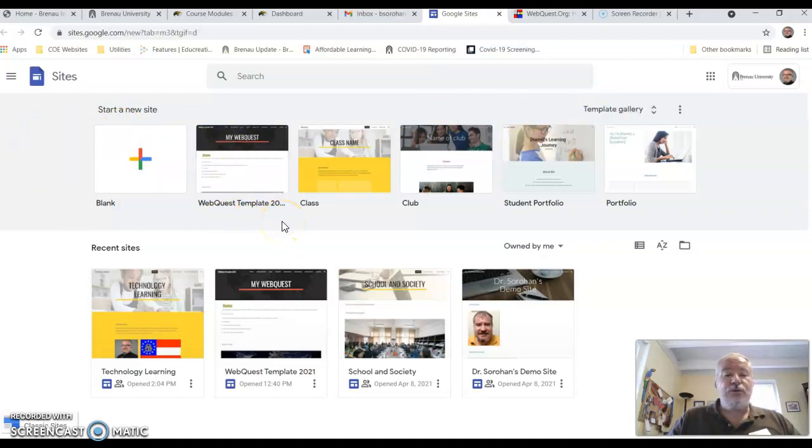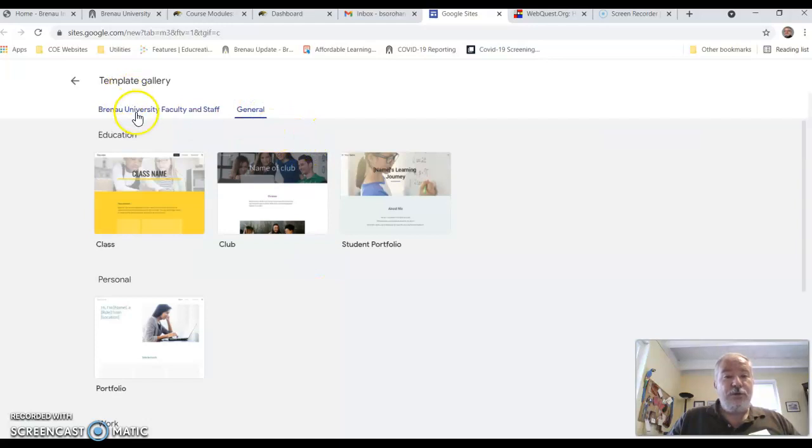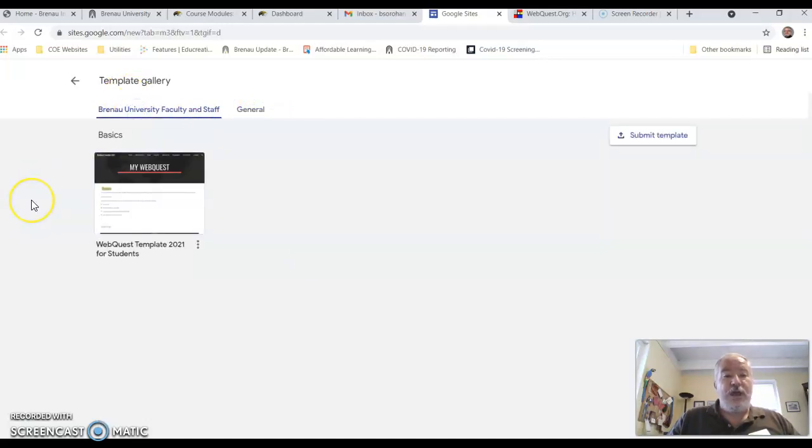If you go to your Google Sites desktop and don't see this template, don't worry. You can find it by going up to Template Gallery, clicking there, and then moving from General to Brunel, and you should see WebQuest Template 2021 for Students. Click on that template,